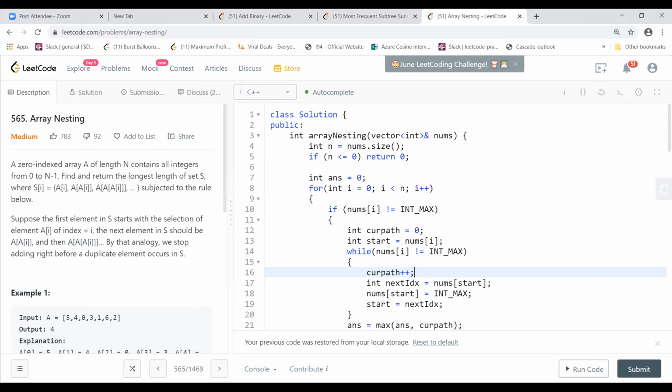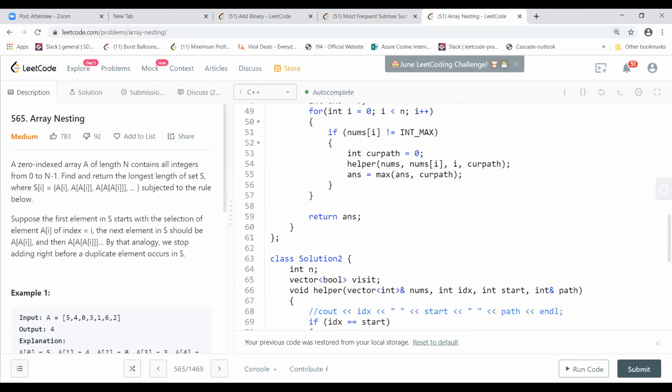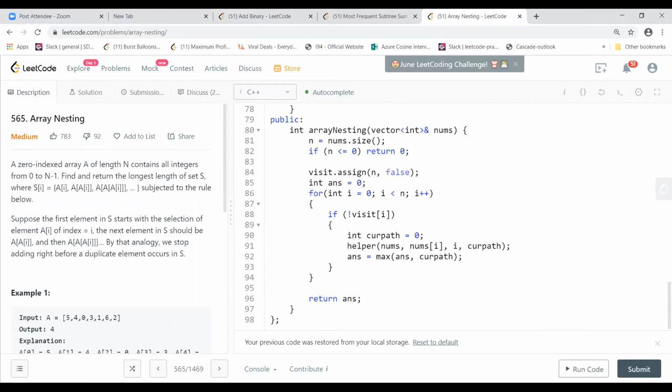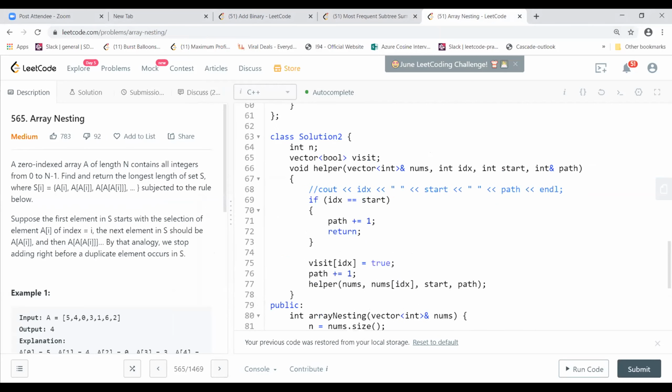I started with a very clumsy approach first. The most inefficient way I did first was to use a used and visited array, and then a helper function. I'm passing this nums value, this value, and the current index, but doing it recursively.